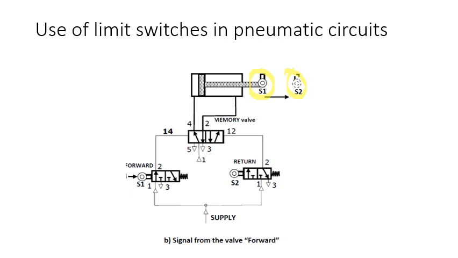So this kind of circuit will help the cylinder to move continuously in to and fro motion without any intervention. If you cut off the supply, only then will it stop. Otherwise, it will continuously move in to and fro motion, nothing but the forward stroke, then return stroke, forward stroke, return stroke, until you cut off the supply to any valve, whether the main valve or these limit switches. Till then, it will keep on doing its work. So wherever you want an application of to and fro motion, there you can plan this kind of circuit to generate the signal.